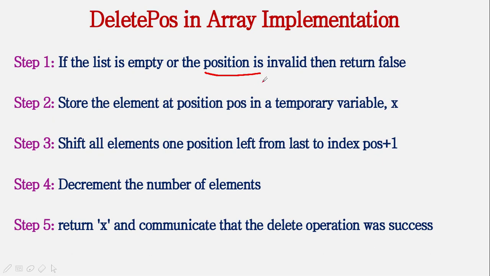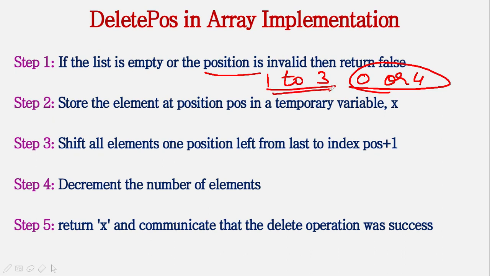And how we are going to pass the position of the element is, we are going to follow human indexing. So if there are totally 3 elements, I will be telling indices from 1 to 3, then it is valid. If I tell 0 or 4, then it is going to be invalid because no element is present. Please understand, I am talking about human indexing, so it is 1 to 3. When we are going to code it, we have to make variations accordingly. This is an algorithm, so we discuss it independent of the implementation.